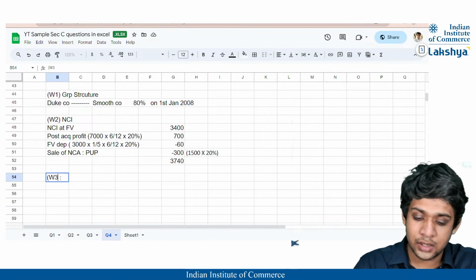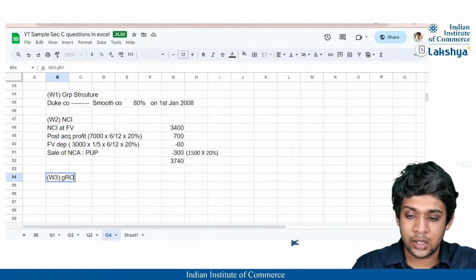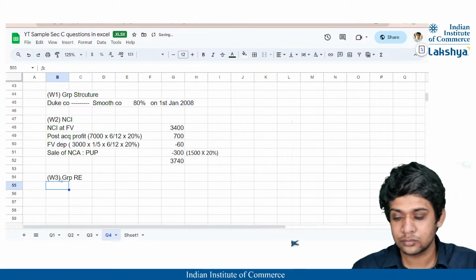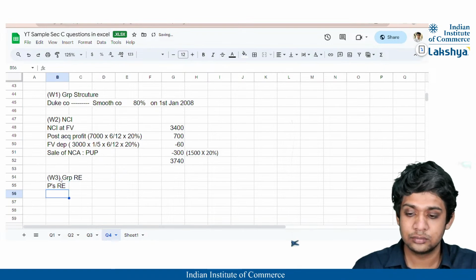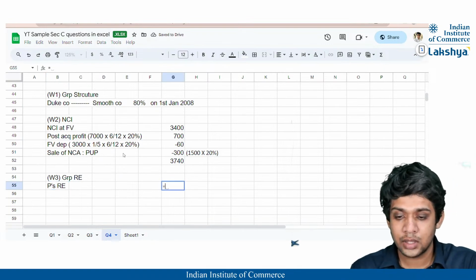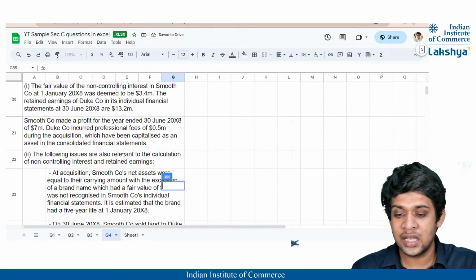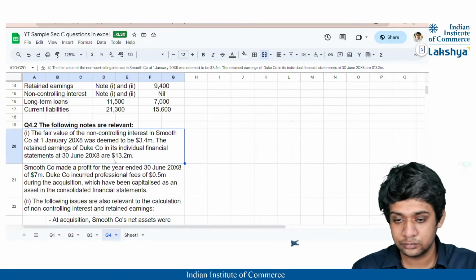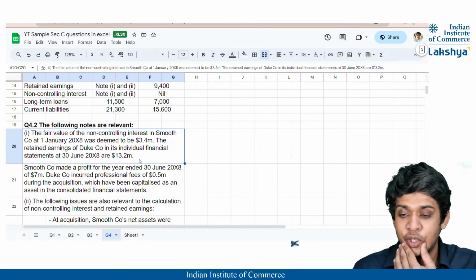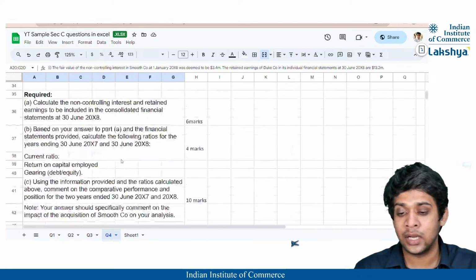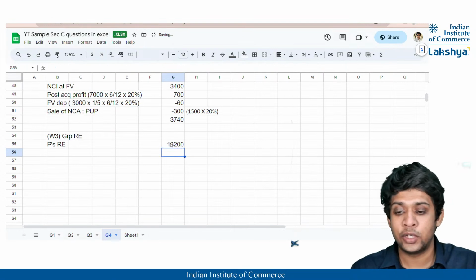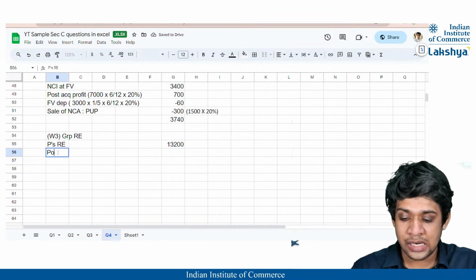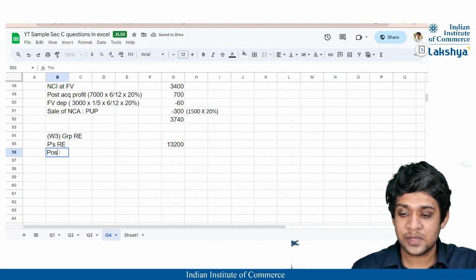वर्किंग नोट 3 बनाते हैं, दैट इज ग्रुप रिटेन्ड अर्निंग्स। पेरेंट्स रिटेन्ड अर्निंग्स गाइस पहले तो आएगा, राइट। पेरेंट्स रिटेन्ड अर्निंग्स डायरेक्टली दिया हुआ है, दैट इज 13.2 मिलियन, ईयर एंड पे ही दिया हुआ है, करेक्ट। तो सीधा वो लिख देता है 13.2 मिलियन। फिर इसमें पोस्ट एक्विजिशन प्रॉफिट्स ऑफ सब्सिडरी भी मिलेगा,